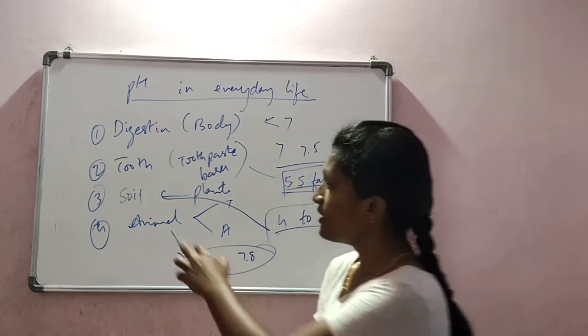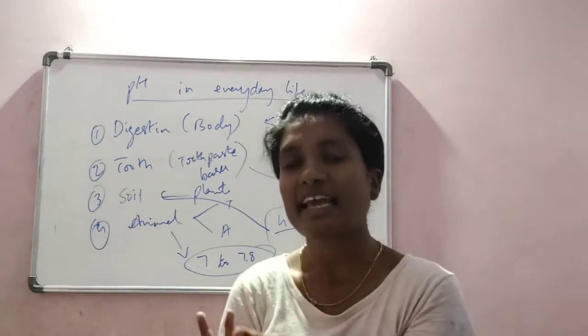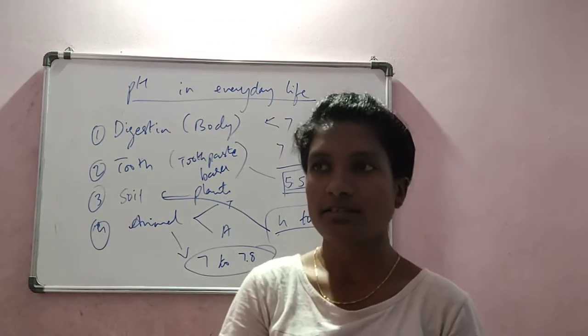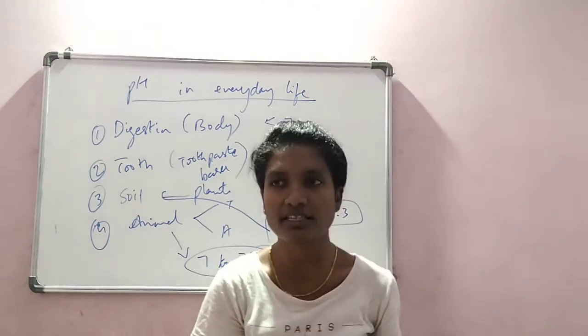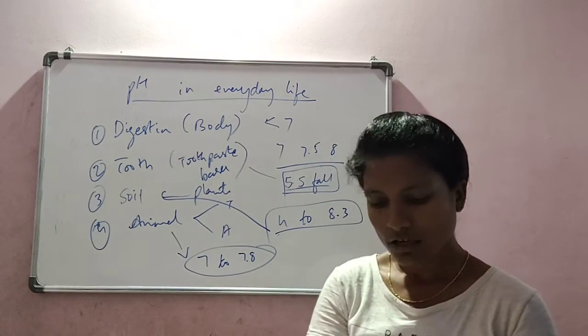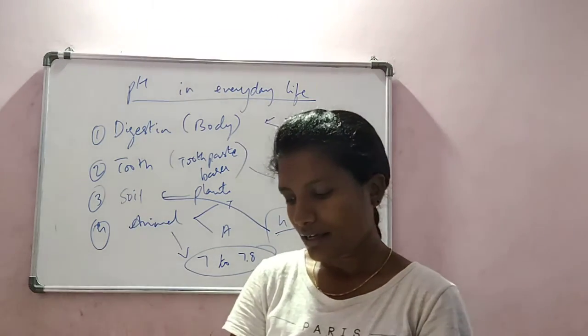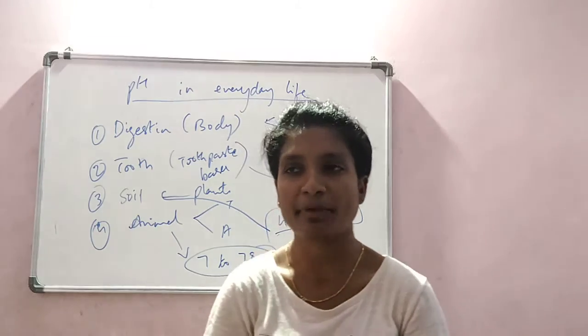So in the soil, if it becomes more acidic often, the farmers will spray calcium hydroxide or slaked lime to the soil to neutralize it, because calcium hydroxide is a base. If the soil is more acidic, they will spray the calcium hydroxide and make it neutralized soil. And yes, self-defense by using the pH mechanism.